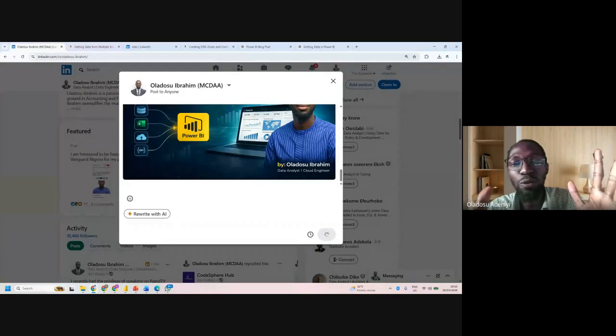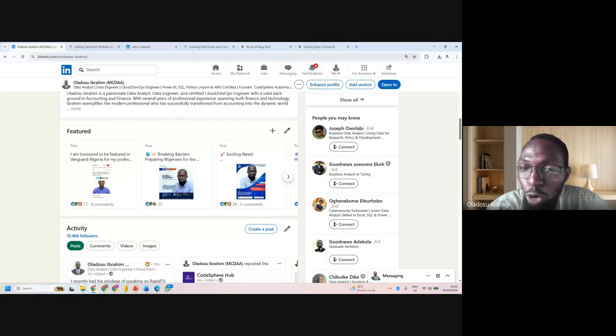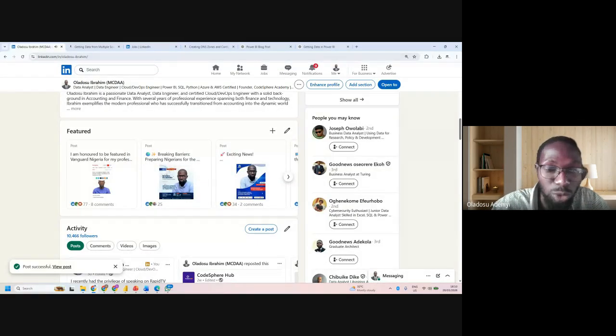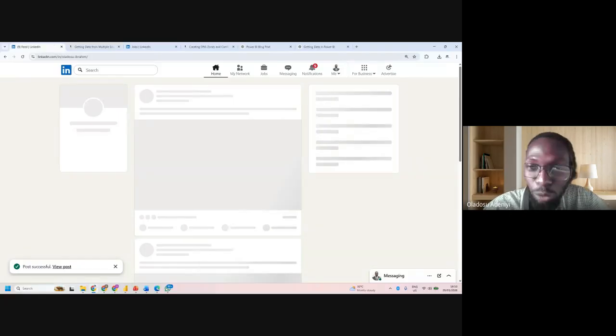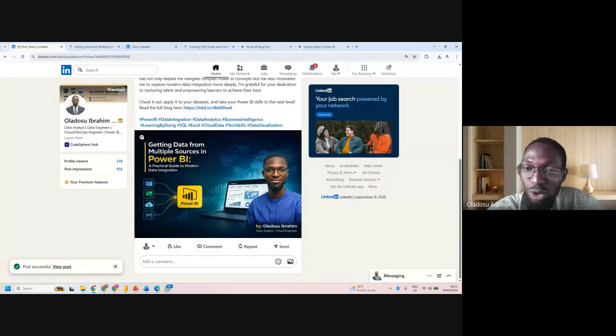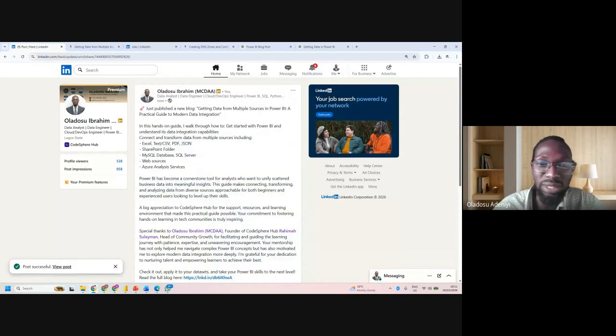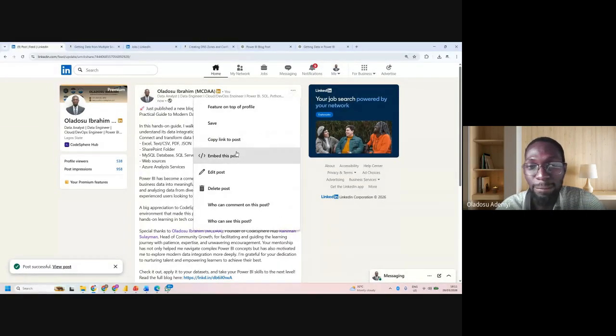Guys, for your assignment, a Google form is going to be created in each and everyone's group. You have to fill the form, send the link of your LinkedIn post, then send the link of your blog as well. The link of your LinkedIn post and the link of your blog, you have to write. So guys, can you see now, this is exactly what we have. Can you see how professional it is? So I'm going to delete this one now.